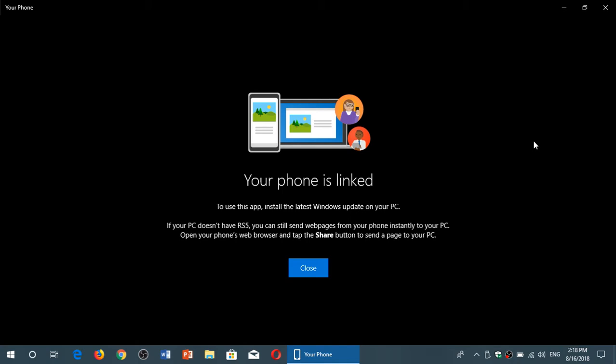So what happened? Your Phone app, which is there to link your phone, right now has only one feature: synchronizing the last 25 pictures from your Android phone. It was kind of nice because it showed up in the store. A lot of people noticed and said, "Oh man, your phone is available also for 1803, the latest version." Of course, yesterday I was planning on actually talking about it, but when I got to find it